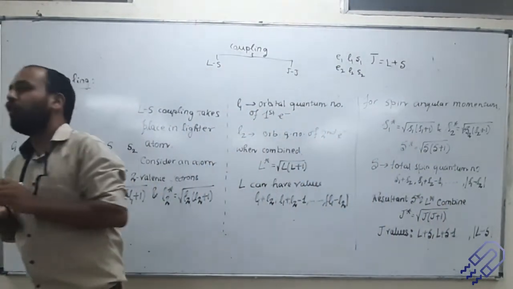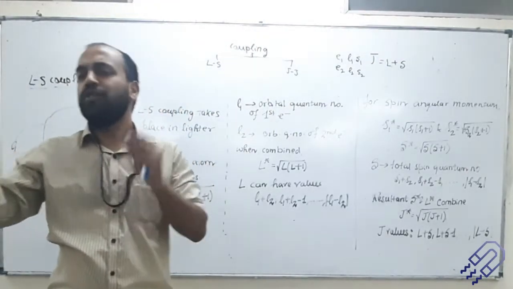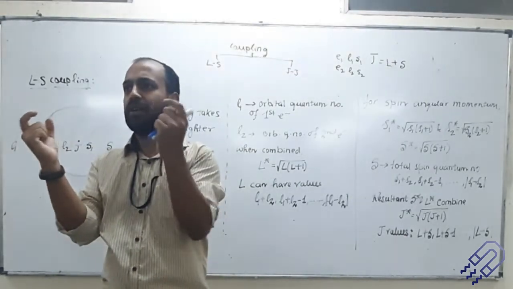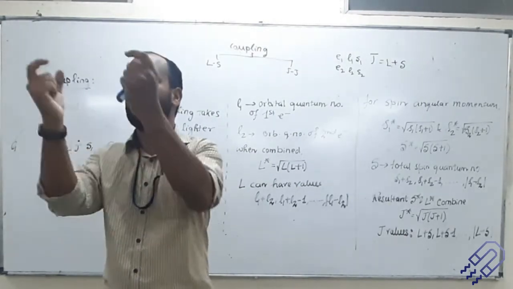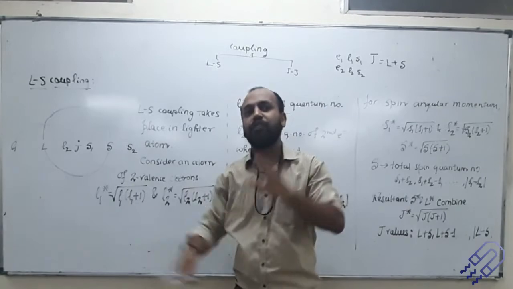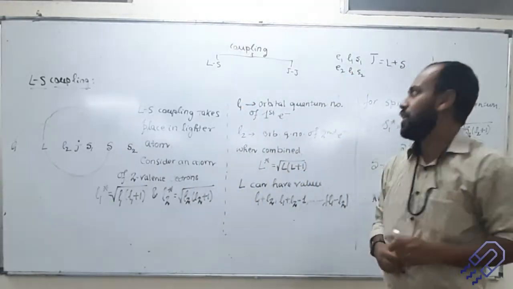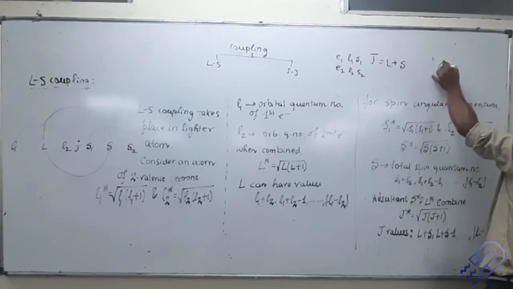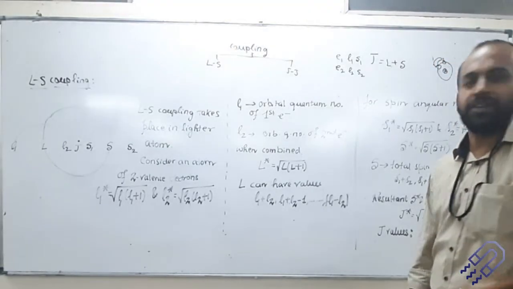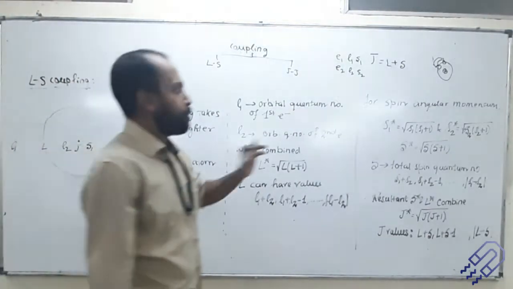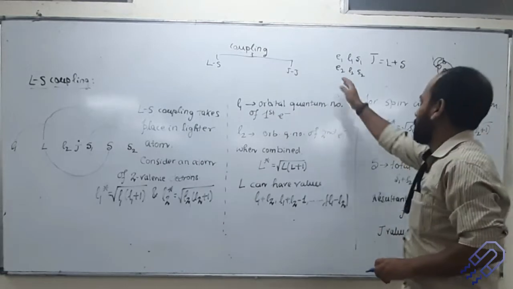For example, you have got a north pole of a magnet, and you have got a south pole of a magnet, right? And they are moving in this direction. But as soon as they come nearby, they are going to attract each other, because of which उसका जो motion है it is going to get affected. Correct? The same thing also happens for an electron which is revolving around the nucleus. You might have just one electron around the nucleus, no problem, move करेगा. But if you have got two electrons, they are also going to interact with each other, their field. Obviously बात है, right? If you remember force between two charges, Q1 Q2 divided by R square, right? So these things are going to happen. So this is called coupling. So coupling में क्या होता है?